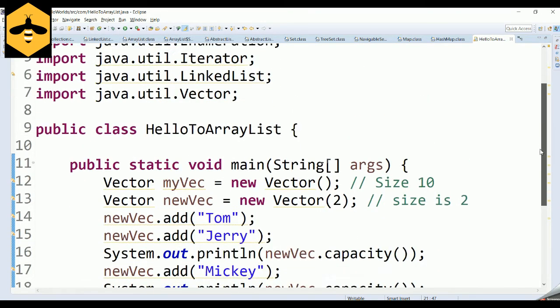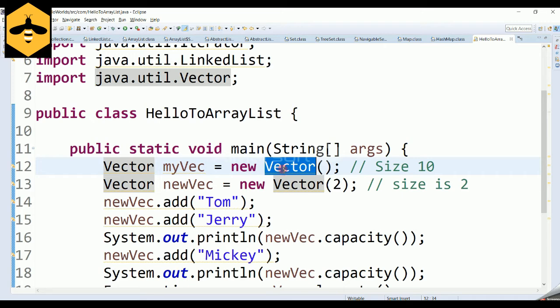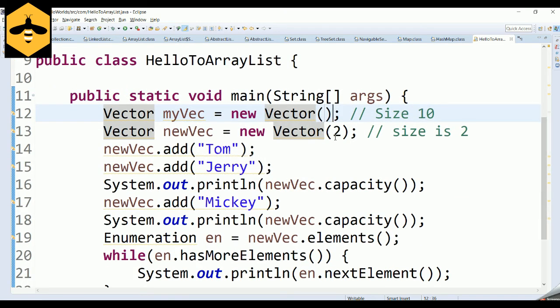So to reiterate, we have seen the third implementation of the list interface called the vector, which is a bit different from the array list and the linked list implementation. In array list and linked list, the size of your list will increase one by one as you insert elements, and shrink one by one as you remove them. But in vector, if you don't define the size in the first place, the default size will be 10, and when you insert the 11th element, the size will be doubled to 20.